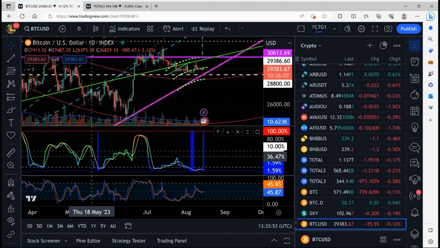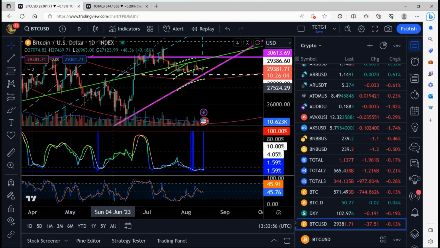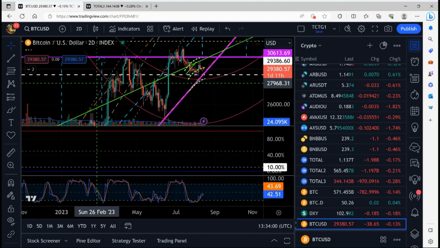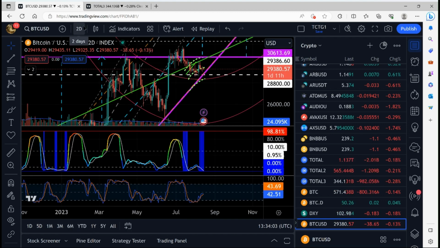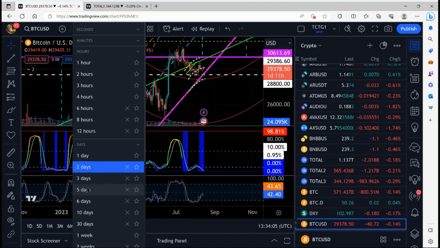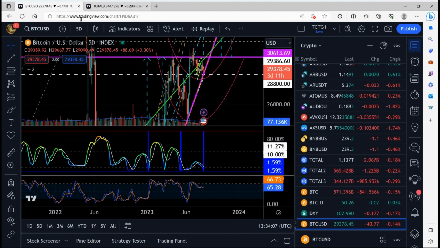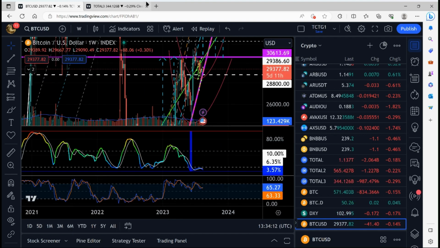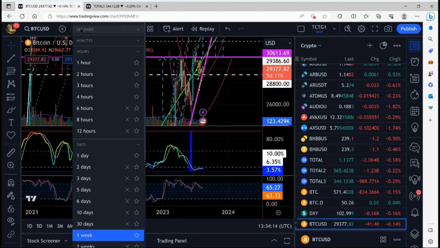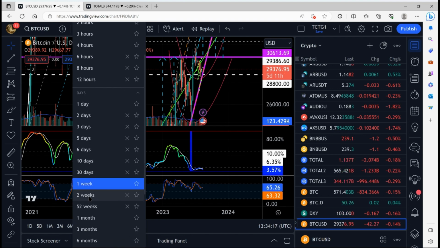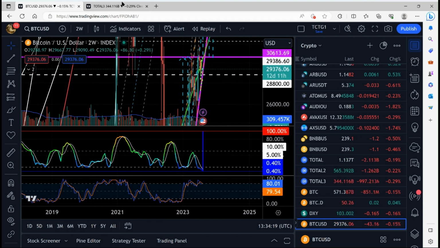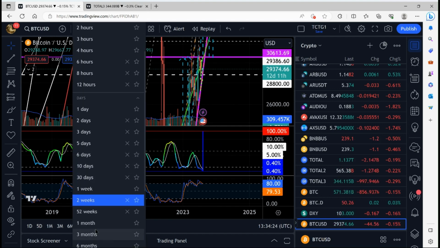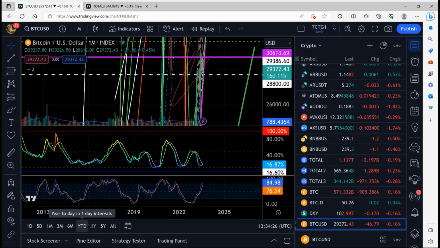That was the 12-hour. The daily is 1.59%. 2-day is 0%. 5-day, 1.59%. Weekly, 3.57%. Even the bi-weekly, 0.4%. Could the monthly even? No. Monthly is